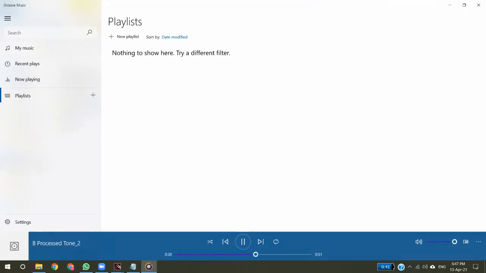Okay, you can pause it. So this was about changing playback speed.